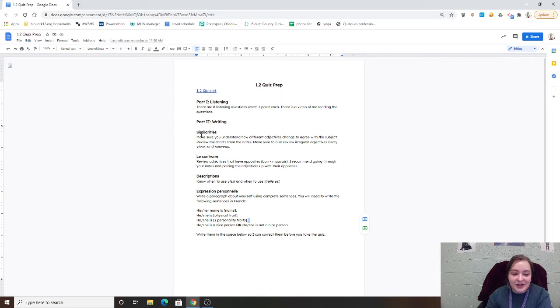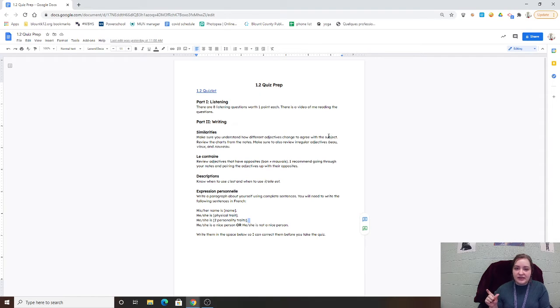So the first section, similarities. Make sure you understand how different adjectives change to agree with the subject. So all of those charts I gave you in your notes with the different patterns for different adjectives, make sure you know those, because the way the section will work is that you will be given a sentence that includes an adjective that is underlined, and then you need to use that same adjective in a new sentence with a different subject. For instance, if the first sentence says Pierre est intelligent,